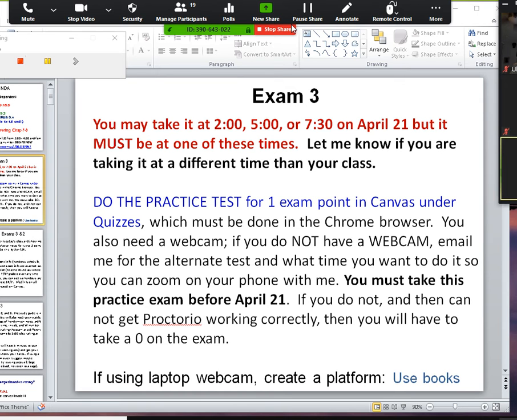I just need to be able to see your hands. As long as I can see your hands, I don't have to be able to read or see the paper you're writing on, as long as I can see your hands like this. So this is what I need to be able to see. So I moved my laptop back about a foot. If you want to be even more sure you've got everything covered, you can move it back a couple feet, and then I can totally see your whole surface area,